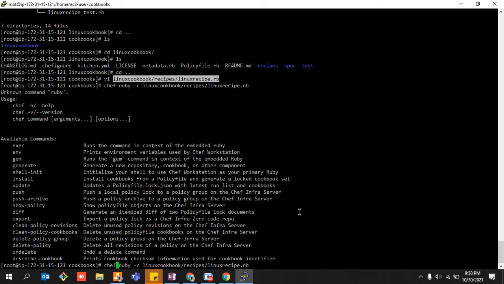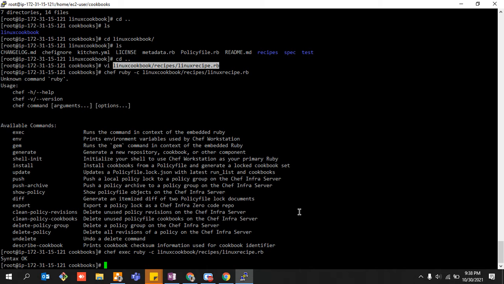Even I am very bad at remembering the commands, guys. The syntax is actually fine. Whatever code we wrote in our particular Linux recipe, that code is fine. So we just need to run it. The command is chef-client -zr, which means we are going to run it locally, and r means run list. Run list basically means that the order you define is the order in which things are going to run, right?